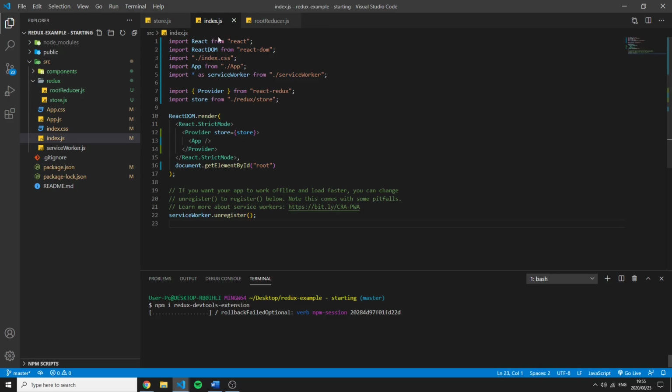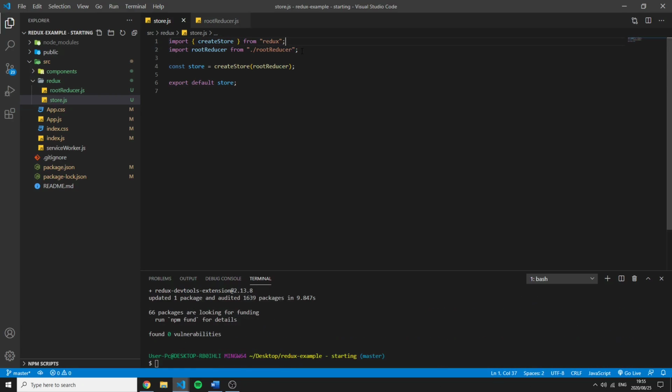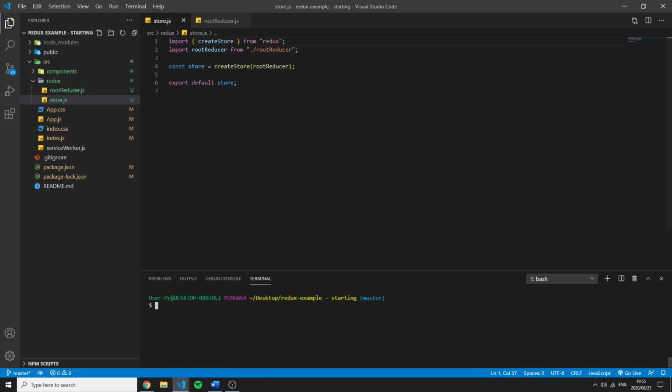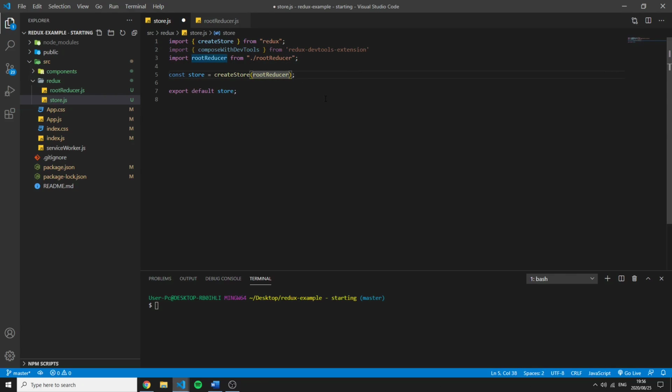Once this is downloaded, we can go back to our store, where we say create store, and we're going to import one single thing. The install is successful. Now we can import from that package we just installed, compose with Devtools. What we imported from this package is a function, and this function will pass as the enhancer. So we say compose with Devtools, and then we run it as a function. With this done, if we save and start our application now,